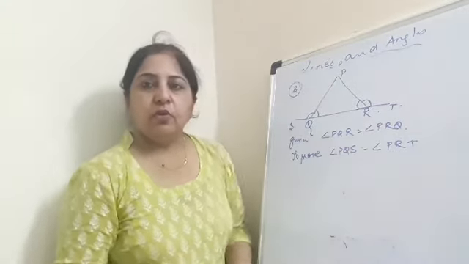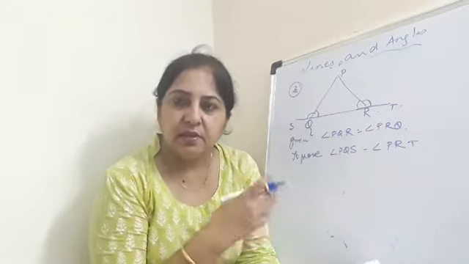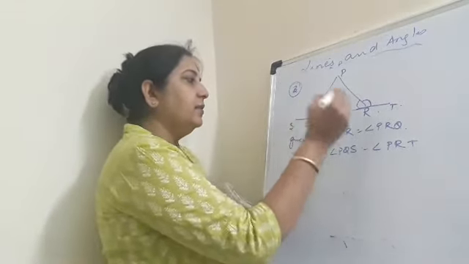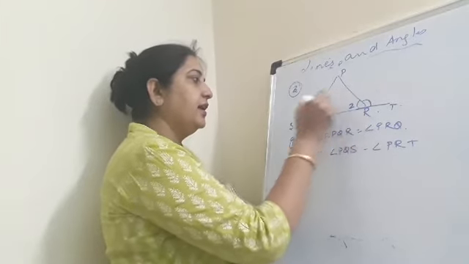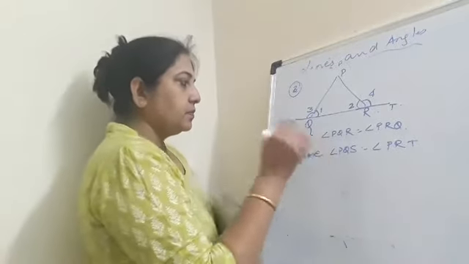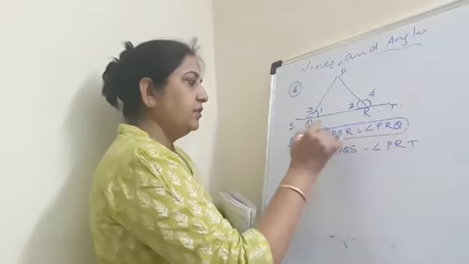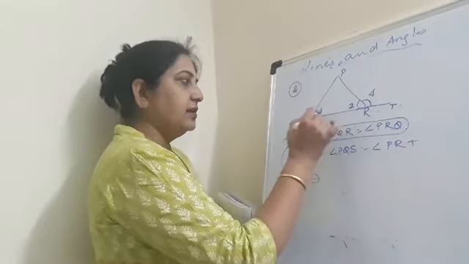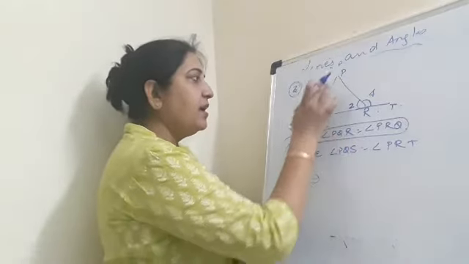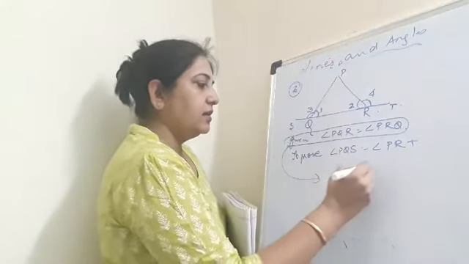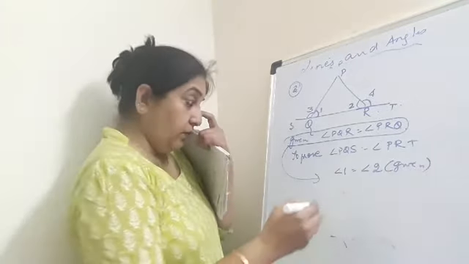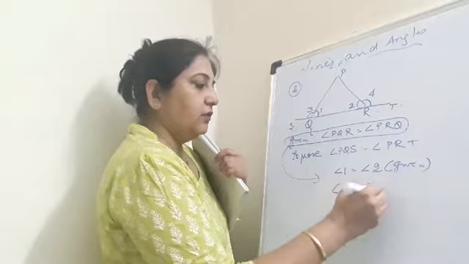As I told you before also, if we number the angles, girls, it will be easier and convenient for us to solve and understand. So let us take this angle as angle 1, this as 2, this I take as 3, and this I take as 4. Okay, so let us begin with whatever is given to us. We can convert this in the form of angles. Angle PQR equals angle PRQ, so we can write angle 1 is equal to angle 2, given. Now we have to prove that angle 3 is equal to angle 4.